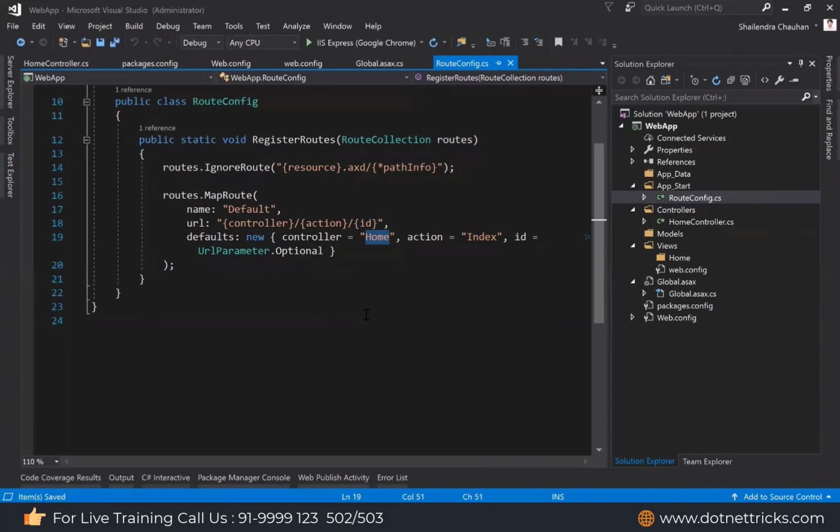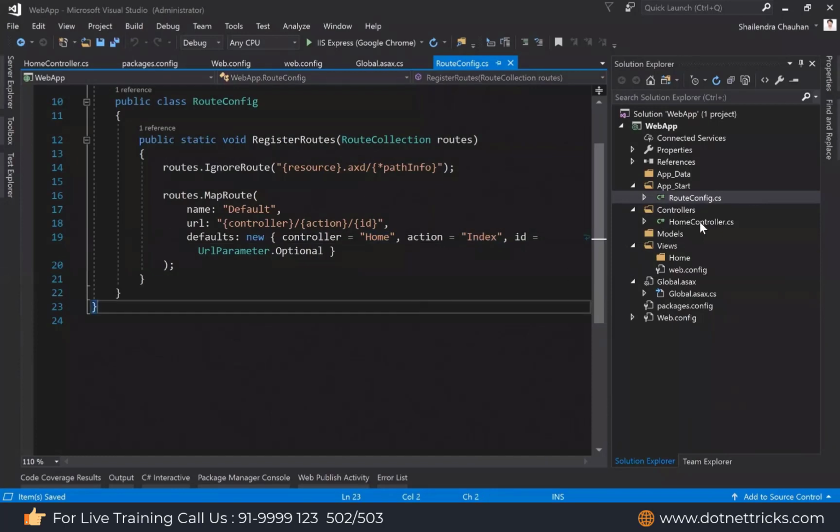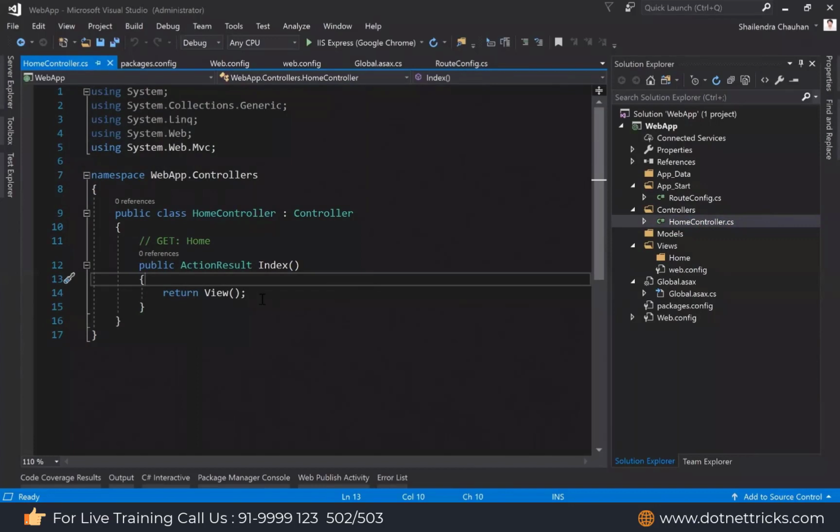So initially when you start the application, we start with domain.com only. We never pass the controller name, we never pass the action name. So how is it going to serve our application home page? By using these default values, it is going to serve our application home page. So that's why here home action index. That's why I've given my controller name as home, but it's up to you, you can give a different one as well. Now it has automatically created this index section.